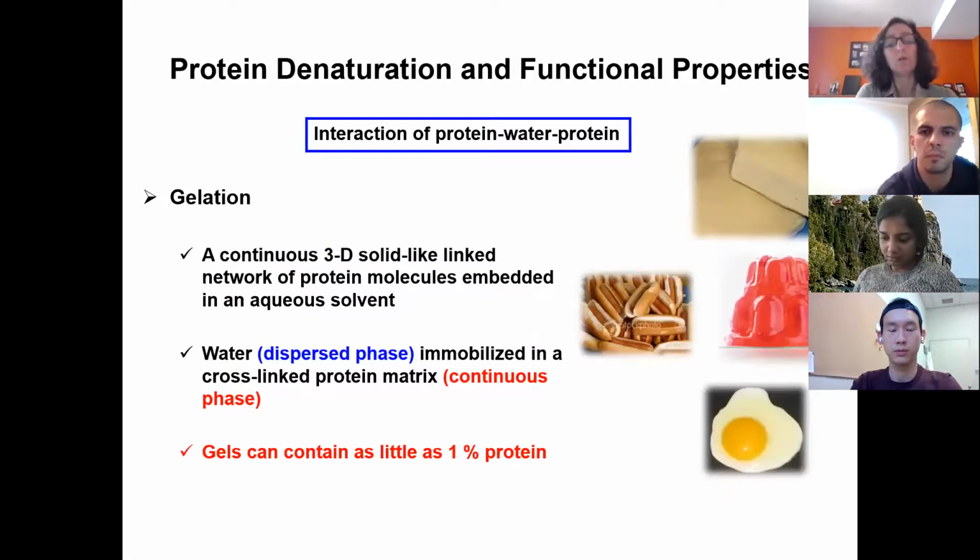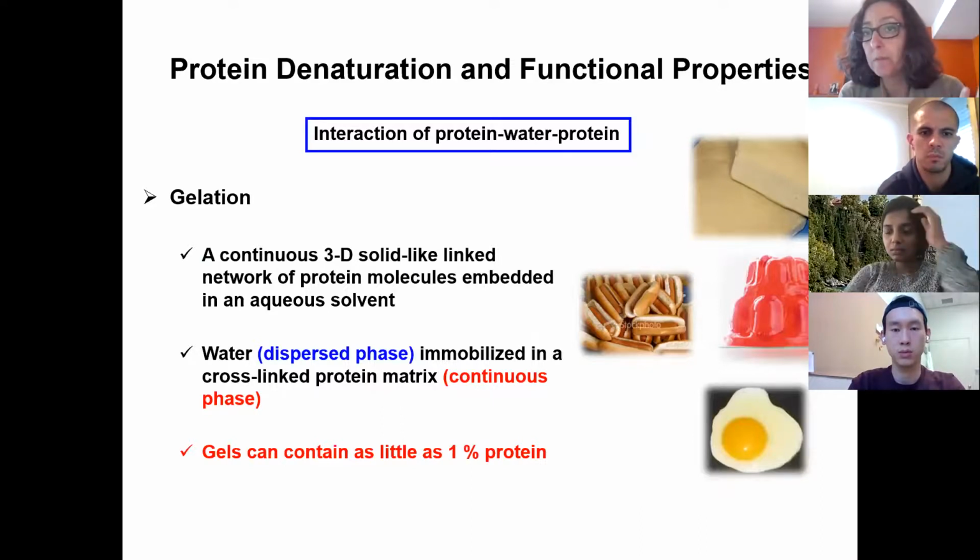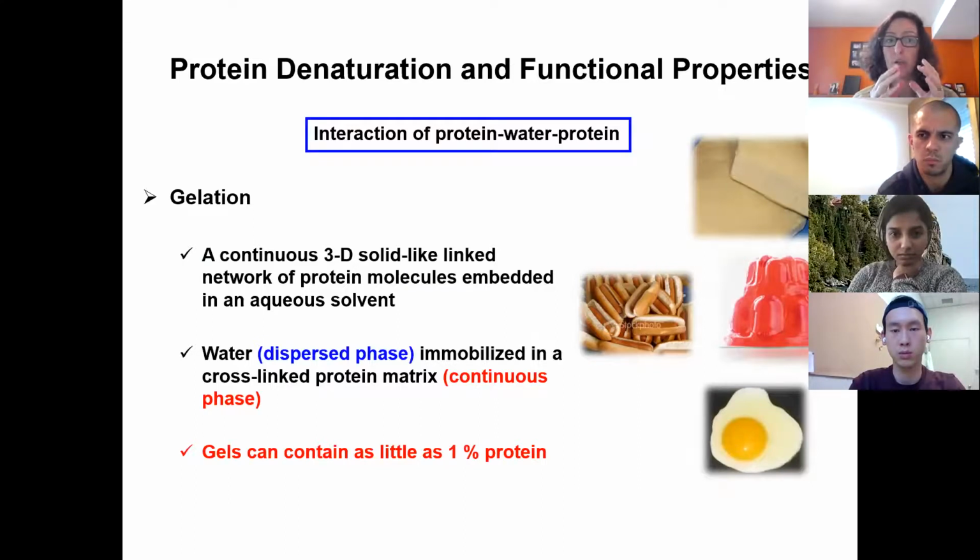All right, so gelation. Basically, a gel is a three-dimensional matrix formed by protein-protein interaction, as well as a balanced interaction with water. Because if you don't have water in the system and it's just protein-protein interaction, you form a coagulum, you don't form a gel. So a gel by nature is a three-dimensional matrix that entraps water.